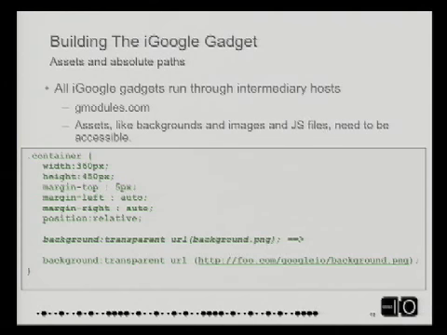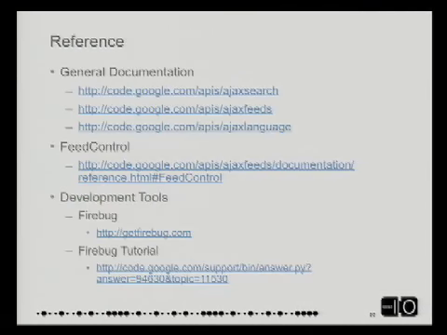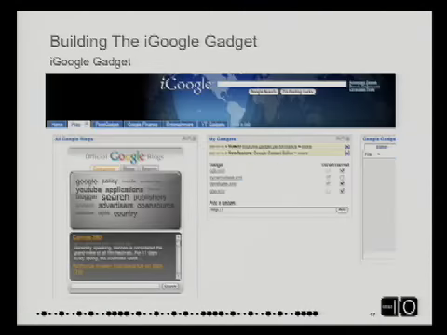So look at all your assets and change them from relative local paths to absolute paths. So for example, in here, I had a background which was the background.png. That was the one that said official Google blogs and had the shading and stuff like that. And in the demo, as we're running it today, that's what it looks like. But in iGoogle, you can't do that. You have to say background transparent URL, http://foo.com is made up, Google I/O background.png. But wherever that is, they all have to be static. And believe it or not, in terms of getting it to run and look like that, that's essentially all I had to do. And again, this is simply saying, hey, we want to do something as an iGoogle gadget.